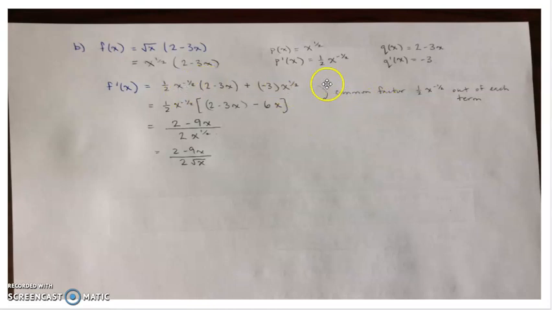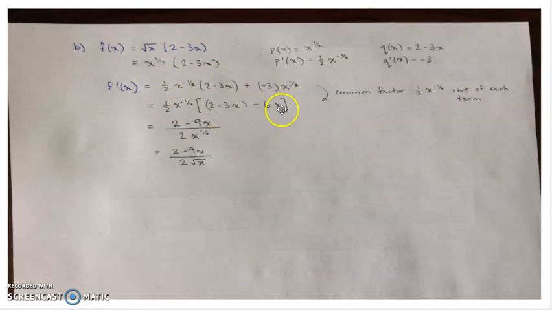So when I factor, I notice both terms have an x in them. We always pull out the smallest power of x when we common factor. So x to the negative 1/2 is smaller than x to the positive 1/2, so I'm common factoring that out. I'm also going to take out the fraction on it because then I can write it in a rational form. When I common factor a half x to the negative a half out, I'm left with a 2x minus 3,